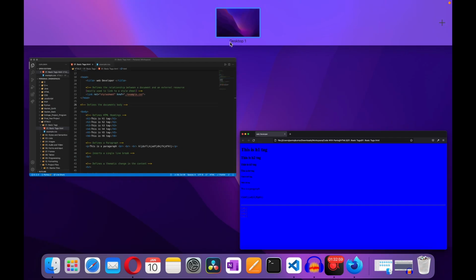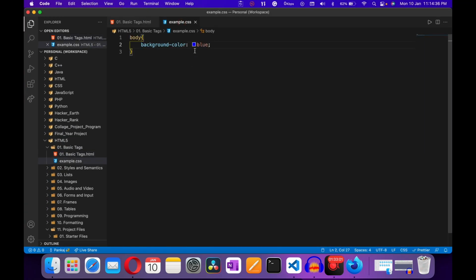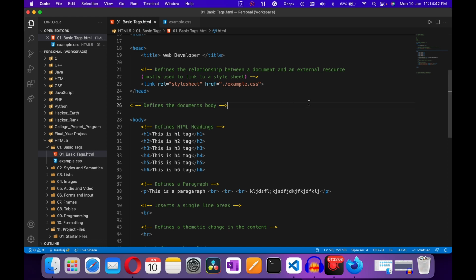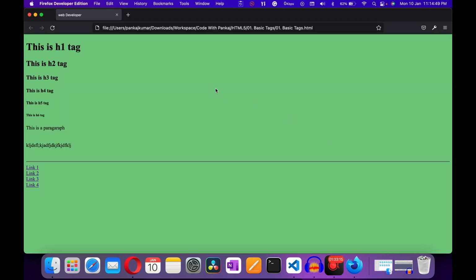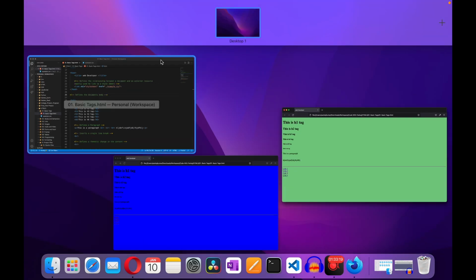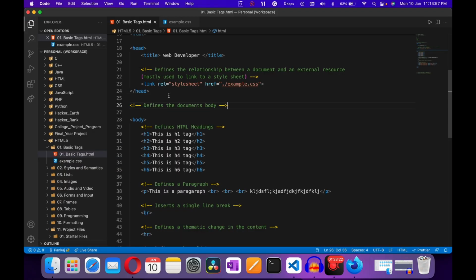Again, if I go to my code and change the color to light green right here, again go to your document, right click, open in default browser. So here you can see the difference. This is because of your CSS file. Don't worry, I will teach you how you can code in CSS. So right here I am just showing the work of a link tag.